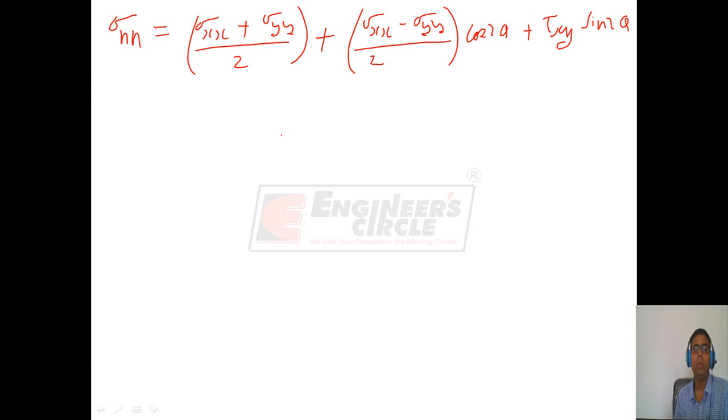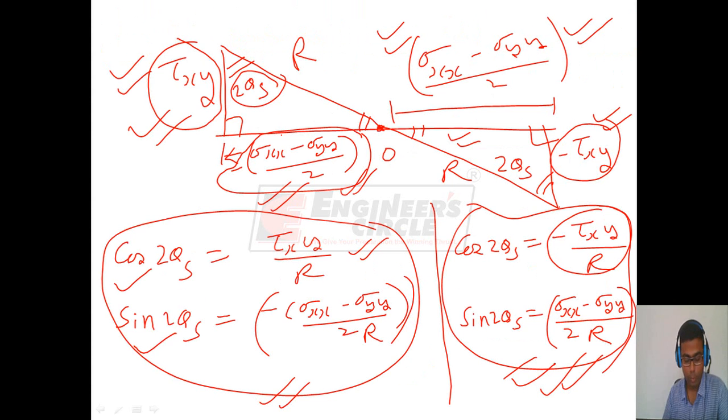So if we want to find what is the value of normal stress on tau max planes, that is maximum shear stress planes, we have to put the value of this plane theta from the planes of maximum shear stress, which we have found here, that is these planes. So putting sin 2 theta as this and cos 2 theta as this, we get